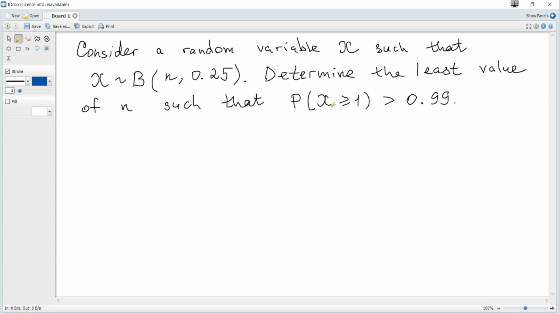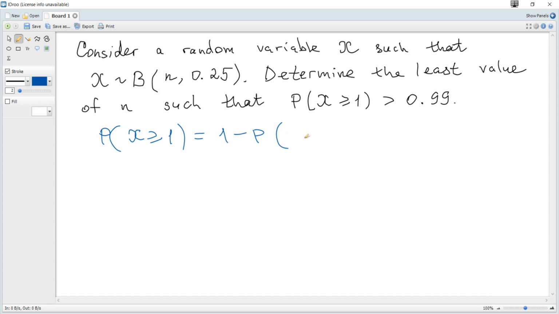the probability of wanted events is equal to what? 1 minus the probability of unwanted events. And if we need X to be greater or equal than 1, unwanted is X to be equal to 0. So we can rewrite: the probability that X is greater or equal than 1 is equal to 1 minus the probability that